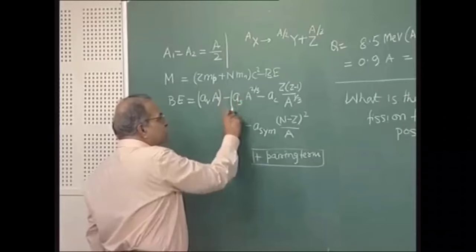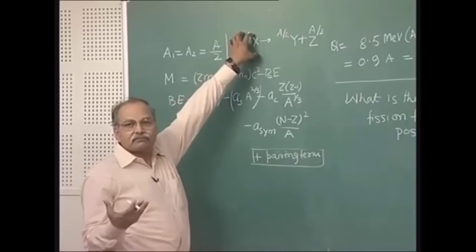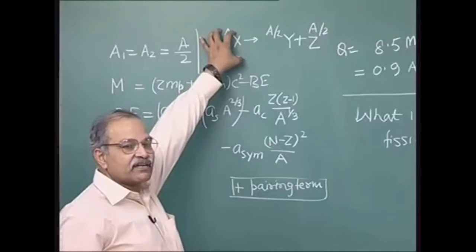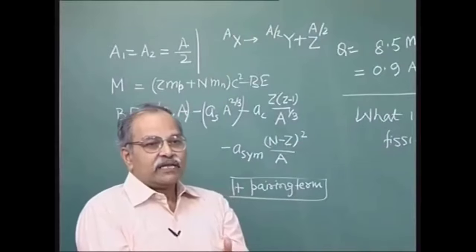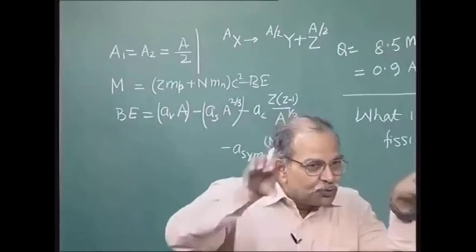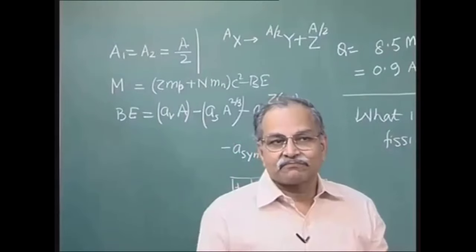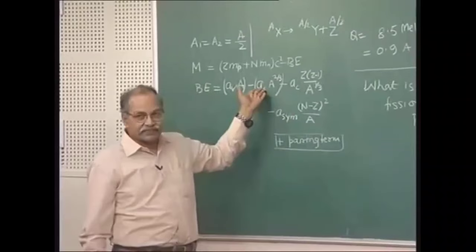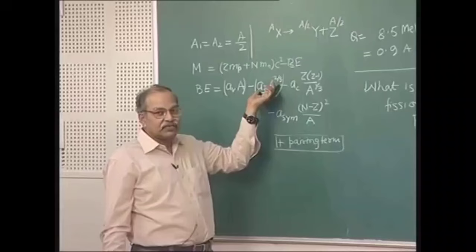What happens to the surface term? If you have one nucleus, assume it to be spherical. So, you have one nucleus and you have surface, and if this sphere is broken into two smaller spheres, the surface area will increase and therefore, the surface energy will increase. So, this term, the surface energy, is going to increase,